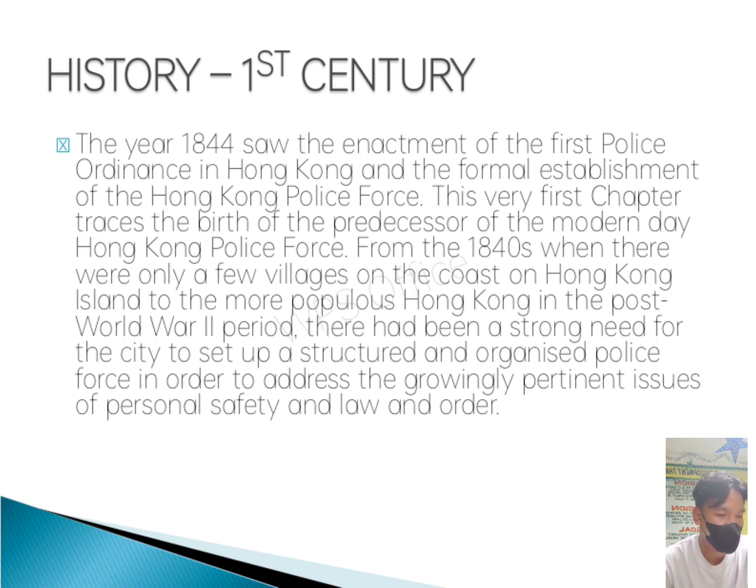The year 1844 saw the enactment of the first police ordinance in Hong Kong and the formal establishment of the Hong Kong Police Force. This very first chapter traces the birth of the predecessor of the modern-day Hong Kong Police Force. From the 1840s, when there were only a few villages on the coast of Hong Kong Island, to the more populous Hong Kong in the post-World War II period, there had been a strong need for the city to set up a structured and organized police force in order to address the growing pertinent issues of personal safety